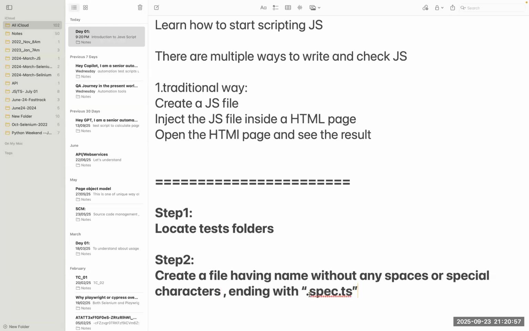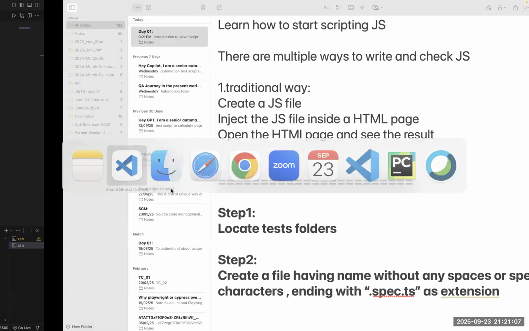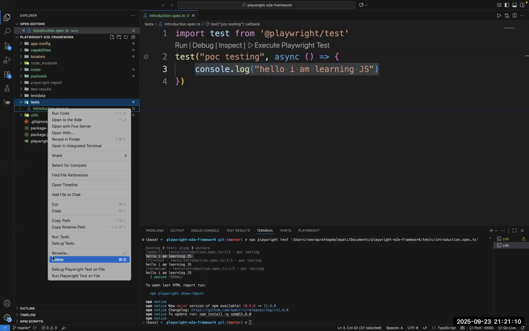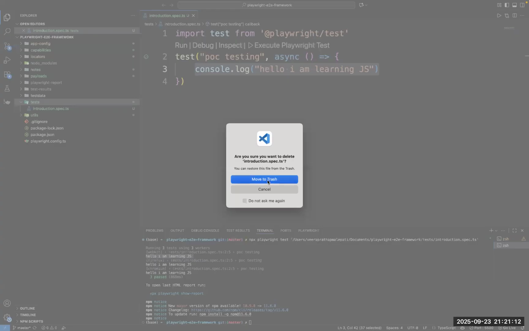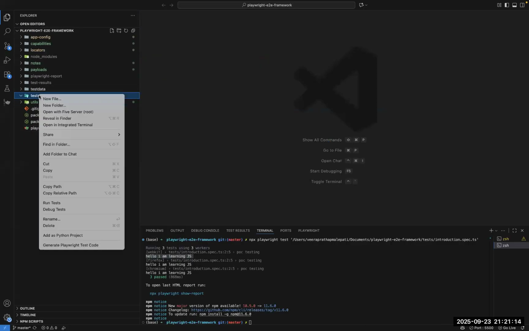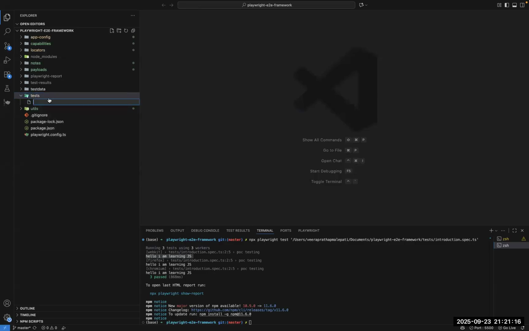You should always have .spec.ts as an extension. Okay, so let's see that. Let me delete whatever is there. Let me go and create a new file here. I'm going to call it